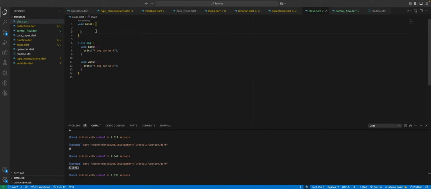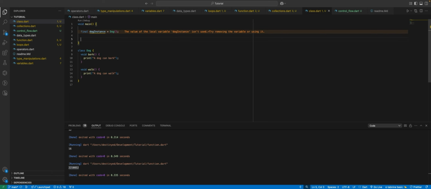If you want to access these functions, that's when you create the instance variable of that class. It's more like you using your key on your house. So you can have final dog instance, then you can use the Dog class name to initialize it. In order to access any property inside this Dog class, you just have to call